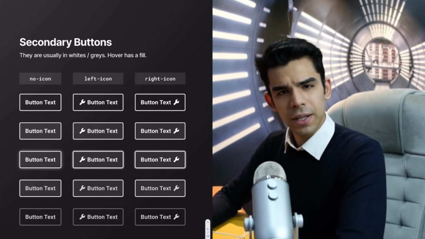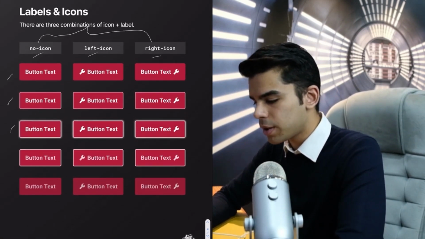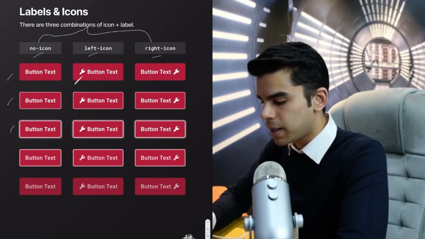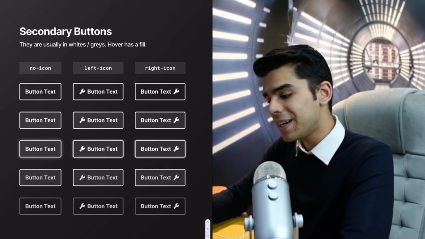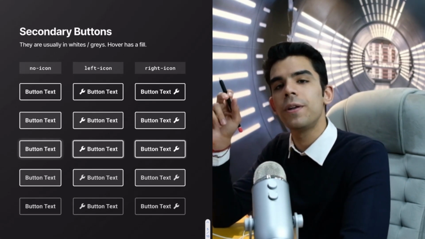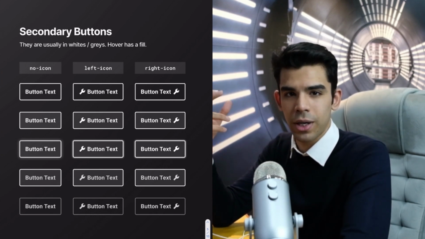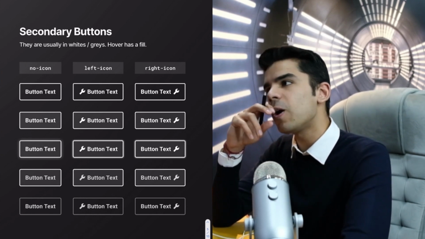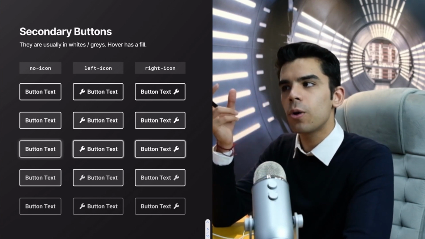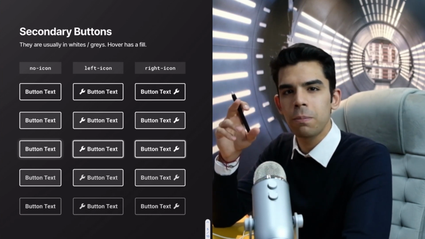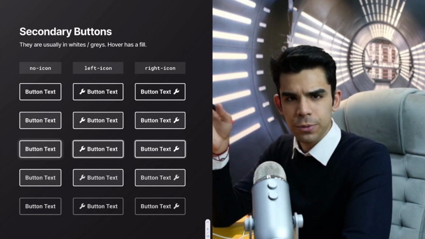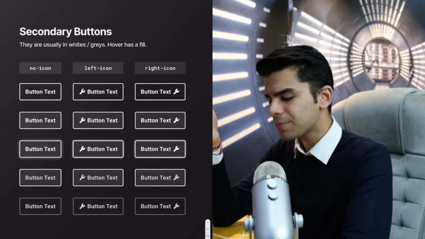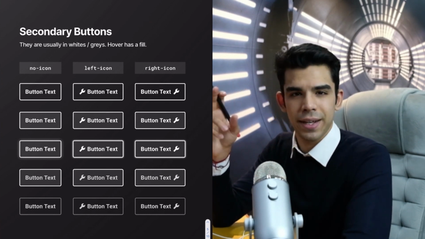And one very important point to note here is that when we talk about our primary buttons, the fill for these buttons is usually your brand color and the text and your icon is usually your contrast color. But when we talk about secondary buttons, they're usually either in grays or in white. So you have to specify this to your developer as well, right? In a lot of platforms, you can override the color of these buttons, but we would not get into that complexity. But it's very important that you have a specific palette of grays, which we discussed in the previous episodes, and you use your grays and whites for your secondary buttons.